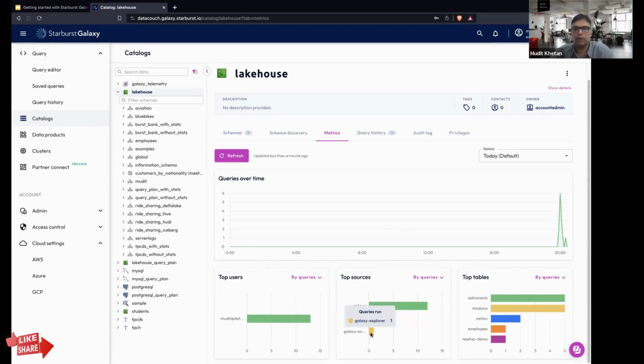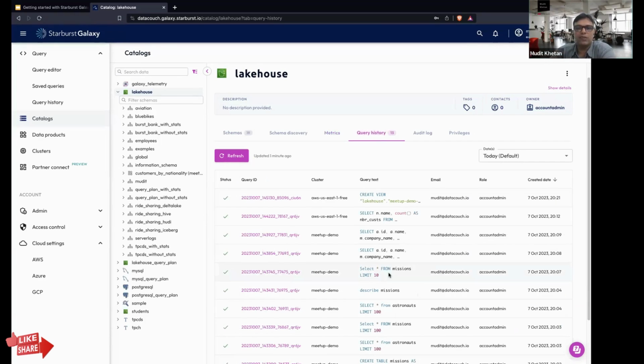The one query on Galaxy Explorer is related to the data product that I created, and the Galaxy queries are from the query editor that I was using. The astronaut table has 5 queries, the mission table has 5 queries, the nation table has 2 queries, employee has 1 query, and the meetup demo has 1 query, and so on.